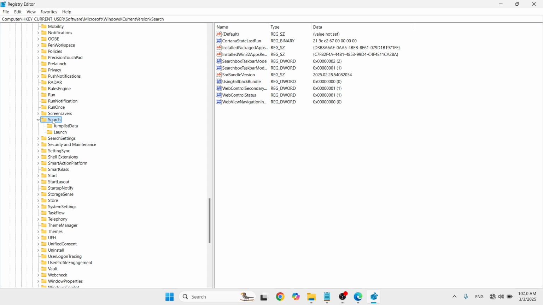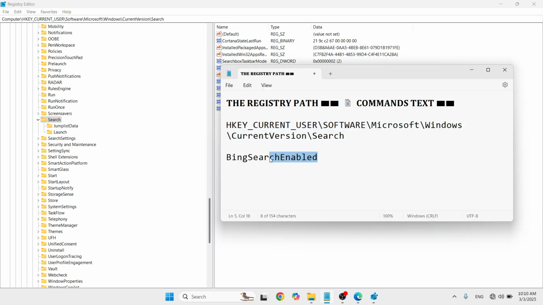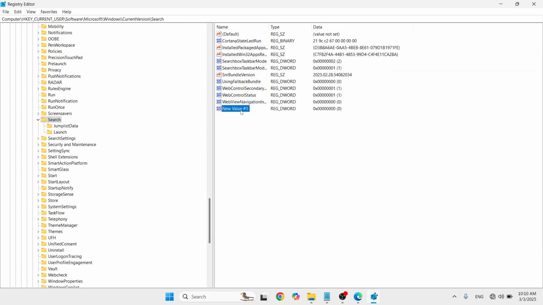Search. So here you need to select the Search folder, then proceed to the center and right click in the area where nothing is shown. Then go with the word 32-bit value and rename this to SearchEnabled. Just type exactly what I have shown here. Make sure that you have typed the correct name. Again, it is SearchEnabled, no space in between the letters, and then click